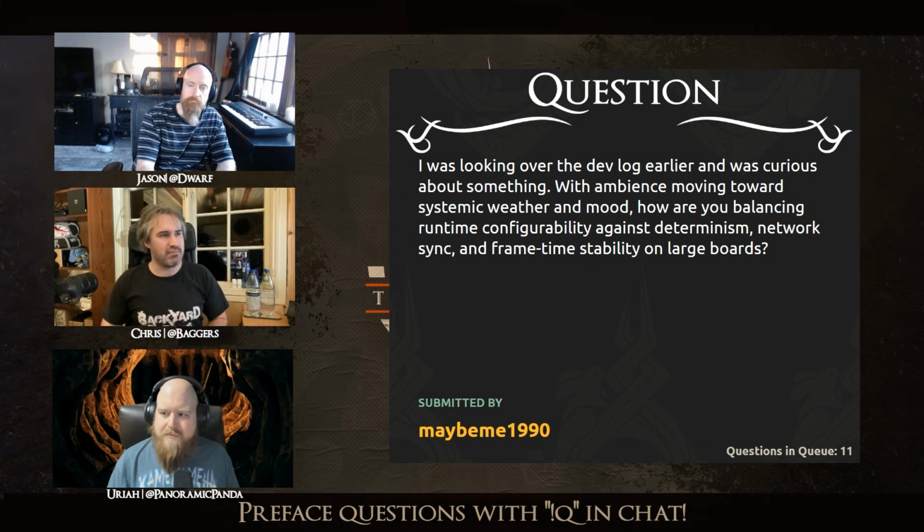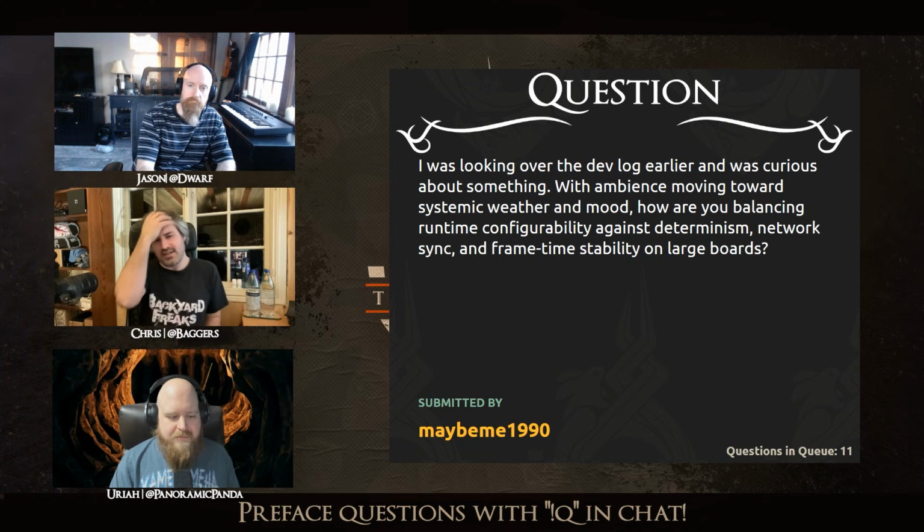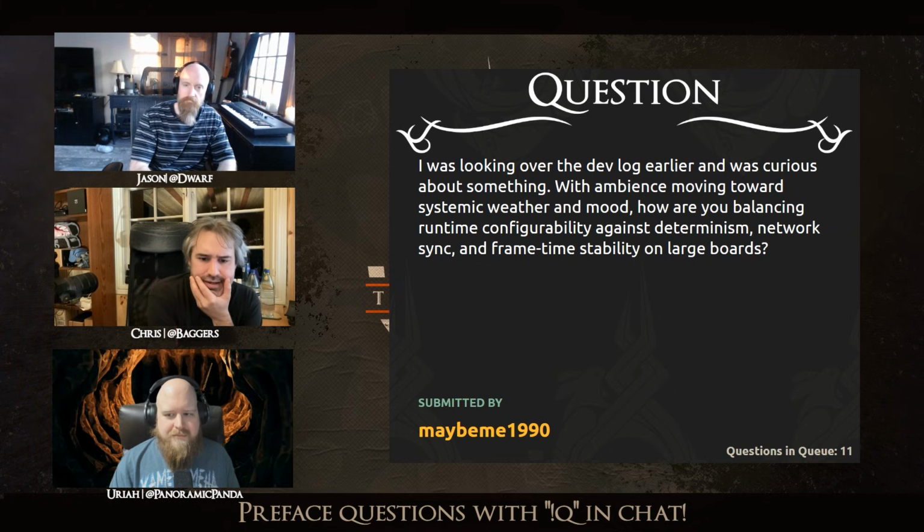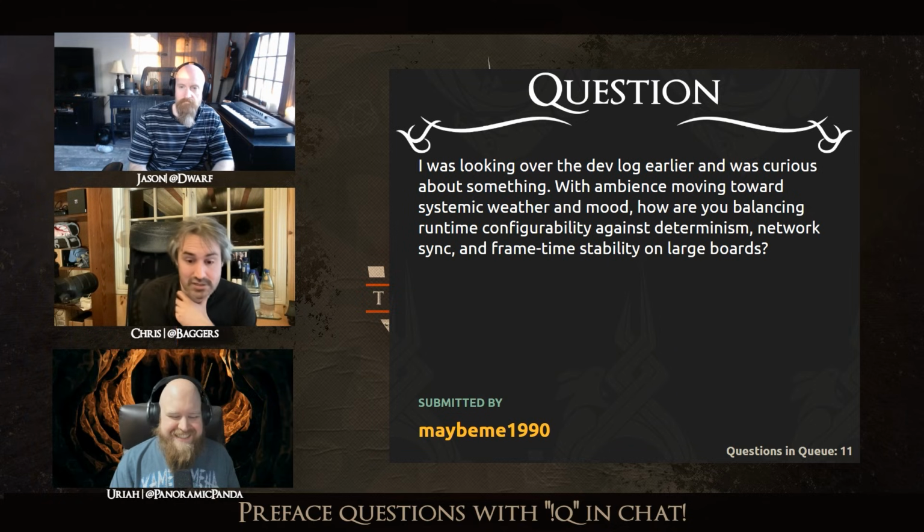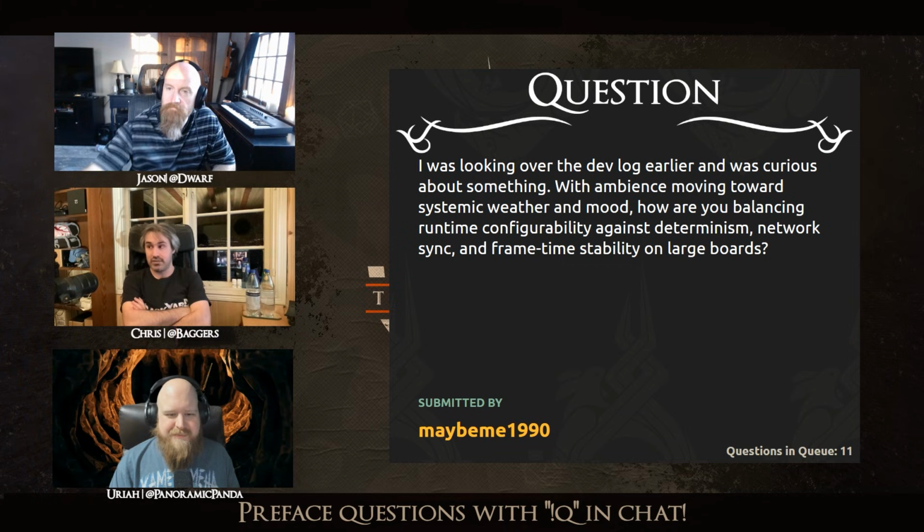And so we can do some things to make sure that the timer we're using for driving that stuff is stable. But yeah, it's basically just a hard problem. Some of the wording there makes it a little tricky to answer, but I guess that's the networking side. Like frame time stability, our frame time isn't stable now. That is just, keep working towards better performance, and if we have to rewrite something, we do.